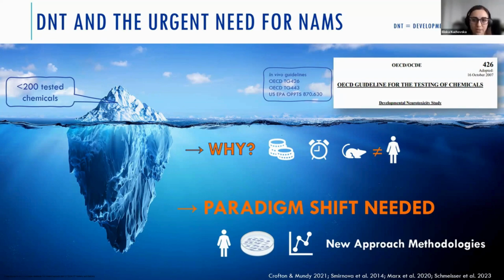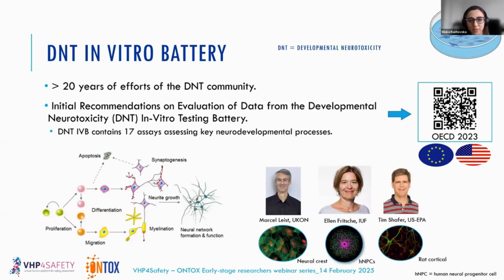These NAMs, new approach methodologies in the DNT field, took a long time to be accepted by the OECD. It took more than 20 years of really strong efforts of the whole DNT community, which then resulted in a document from the OECD published in 2023, called Initial Recommendations on Evaluation of Data from the Developmental Neurotoxicity in Vitro Testing Battery. This in vitro testing battery contains 17 assays that assess key